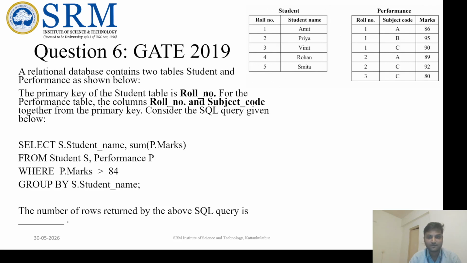Consider the SQL query given below. Select s.student name, sum(p.marks). Okay, so a sum function is there, and that's why it is associated with a group by statement, group by s.student name, from student S, performance P, where P.marks is greater than 84. So as a basic understanding of SQL in DBMS, it looks like a very simple query,